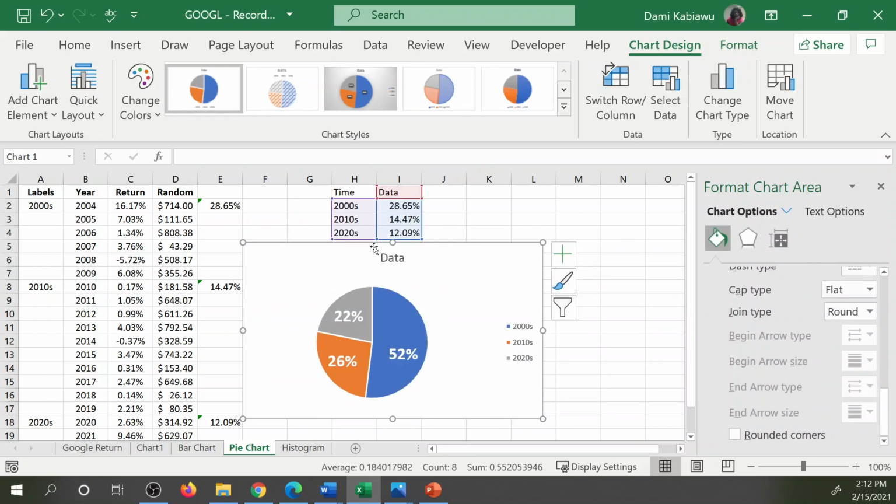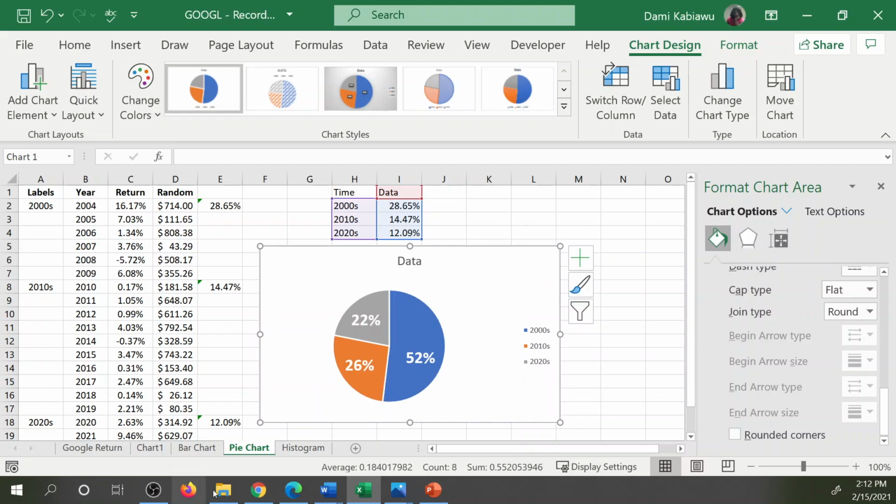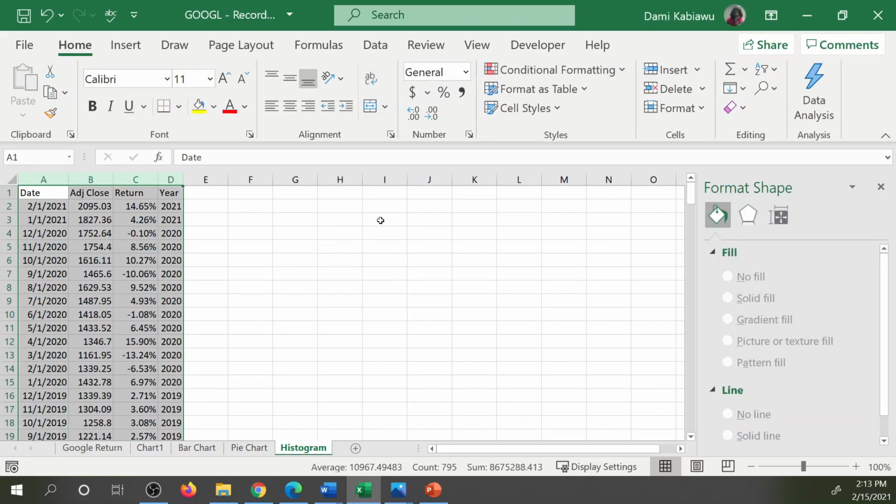The last thing I want to look at is building histograms in Excel as part of the basics. So let's go to the histogram tab. I have the same set of data that I've used before, and again, it still returns data. To build a histogram, you can have Excel do it automatically for you and then edit the histogram that Excel builds. Or you can use a frequency formula, which is an array formula, to build